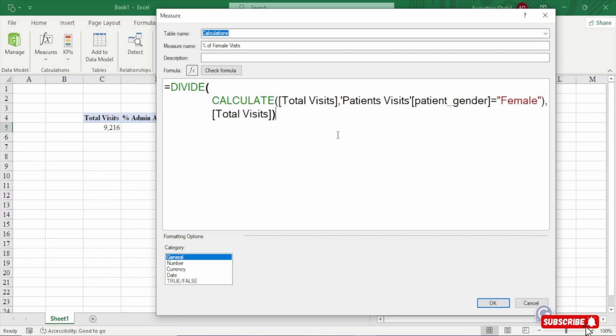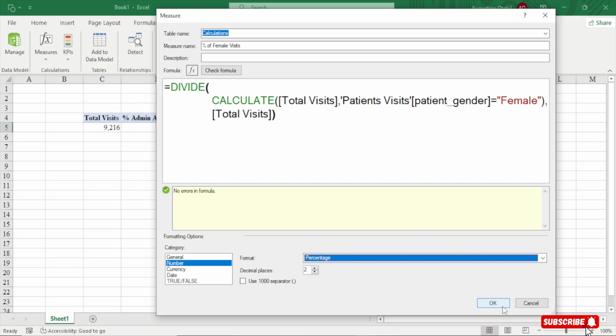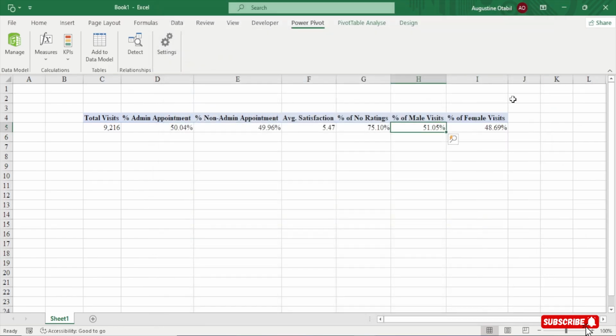So this is what we are trying to say. So check function and then hit number. Because it is percentage, you choose percentage, two decimal places, and then we are good to go. Perfect. So it's 48.69. Now the two should sum up to 100, right? But then watch here. You see, it is summing up to 99.74. What is the problem? Now, if you pay close attention in our data, we have male, female, and